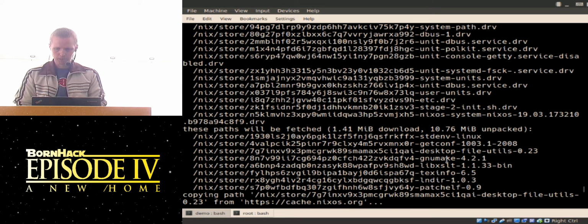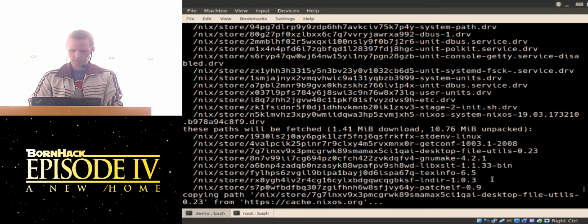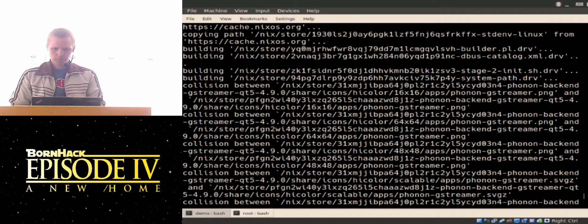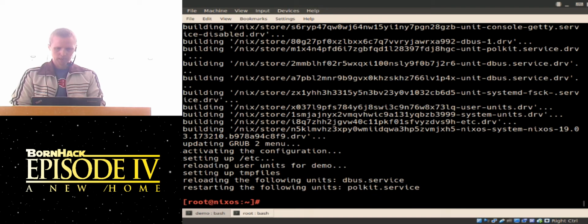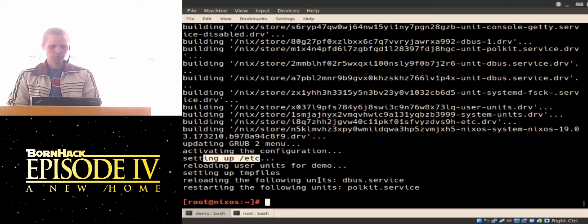And it's downloading a couple of things, like GNU make for some reason, ld, patchelf. And then it's updating the grub entry, so our bootloader is updated. So next time I reboot, it will actually load this configuration I just activated. It's setting up /etc, which is the step I showed you where it creates the symlinks into the Nix store.